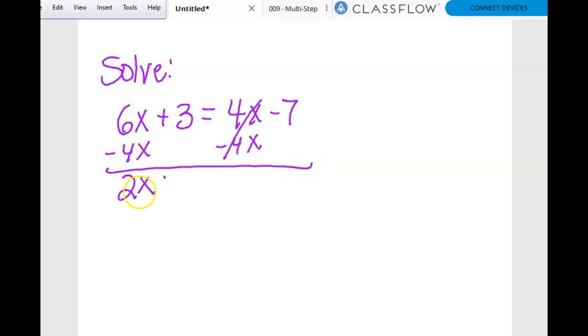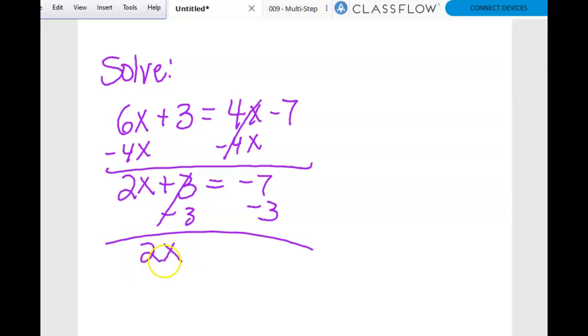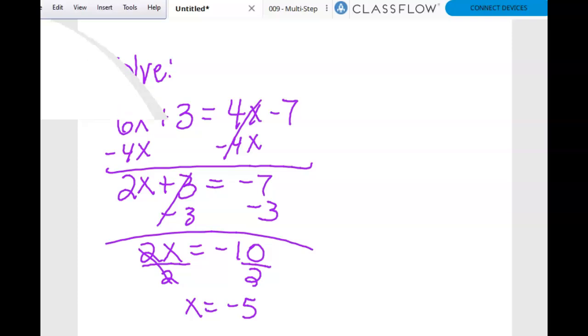That gives me 2x plus 3 equals negative 7, because the negative stays with the 7, right? You can't just leave it. And then I'm going to subtract the 3. And when I do that, I get 2x is negative 10. And divide by 2, and I get x is negative 5. Yes? Okay. So the next thing I want to talk about